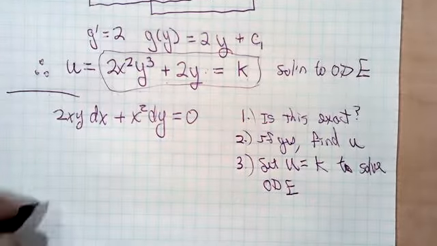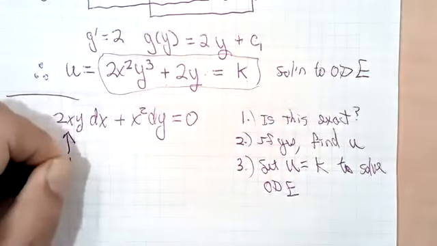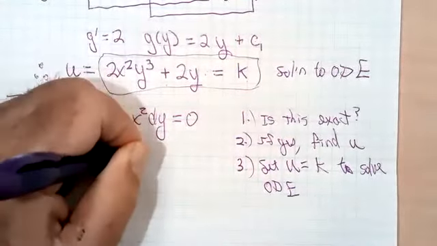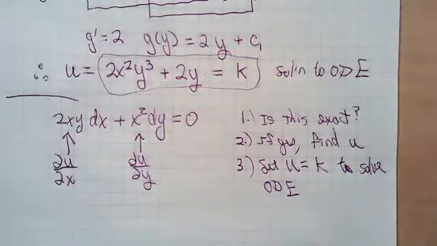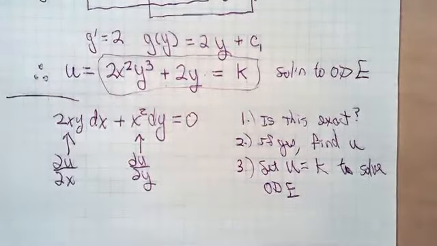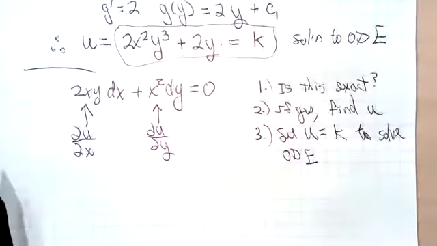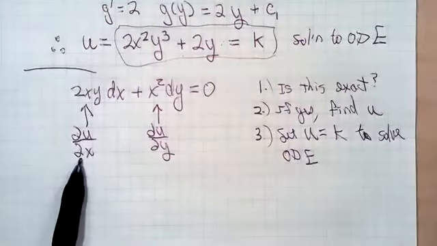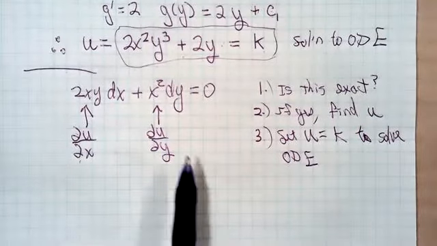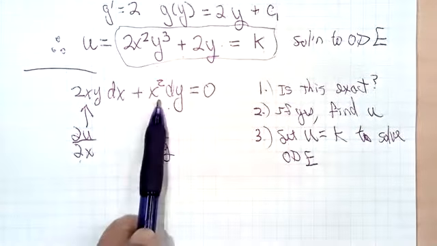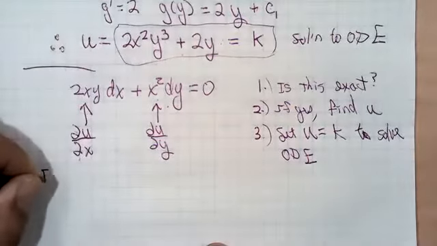It turns out that there's a pretty easy way to find out. If this is exact, this is the partial of u with respect to x, and this is the partial of u with respect to y. Now, if you are working with smooth surfaces so that it even makes sense to talk about level curves, then mixed second partials are equal. So if you take the partial of u with respect to x and then differentiate with respect to y, you get the same thing as if you start by differentiating with respect to y and then take the derivative with respect to x. So what you do is you find the second order